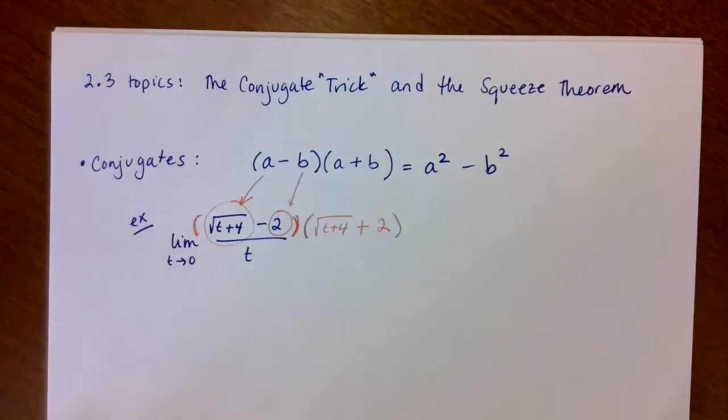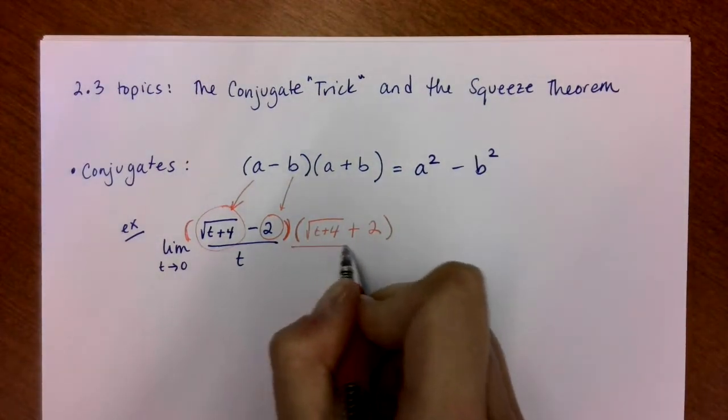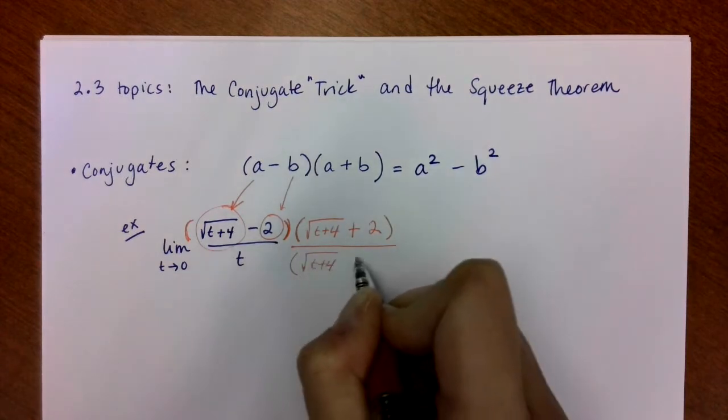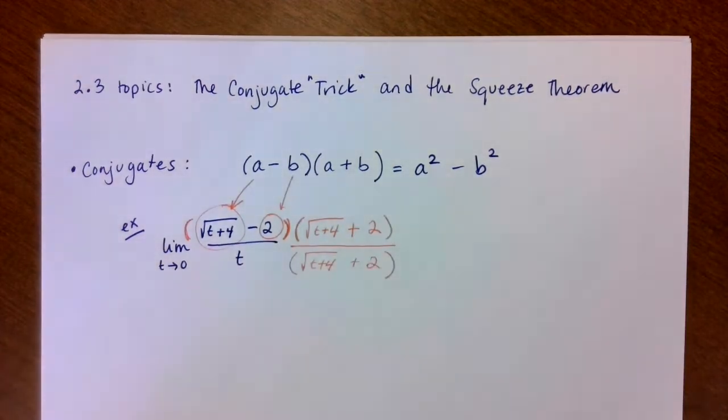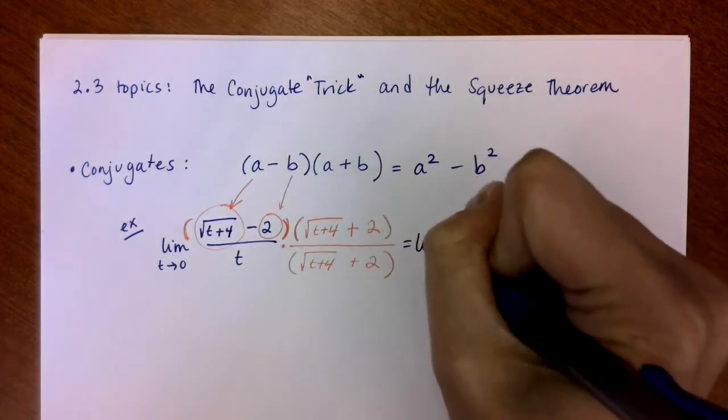So you might be saying, you can't do this, right? You can't just multiply stuff into your limit. You've now changed the function in the limit. And you're exactly right, which is why we need to also divide by it. If we multiply top and bottom by that same term, essentially we're multiplying times something equivalent to 1, and it's actually okay to do, even though it looks like it's going to make things worse. It's actually going to make things better in a really cool way. All right, so what comes out on top